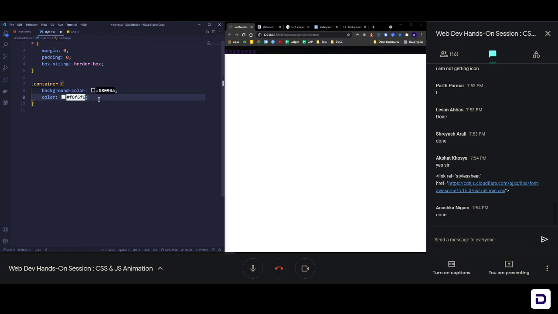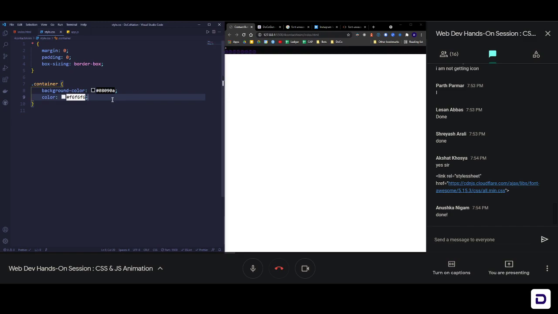So you should not use pitch black or pitch white. It is a kind of design aesthetics, or design rules, that you will learn about, that you should not use pitch black or pitch white colors but use colors that are close to them. Okay, so this is just something that you should keep in mind while making your websites.